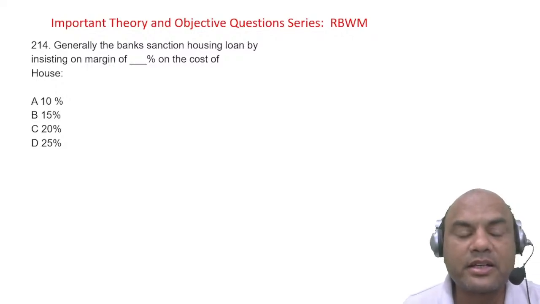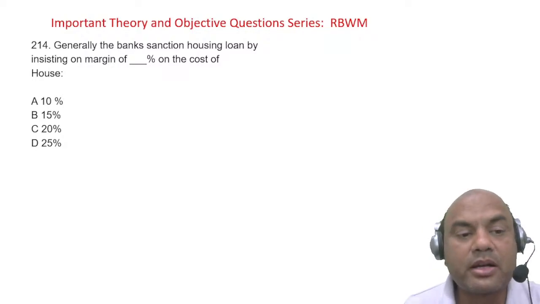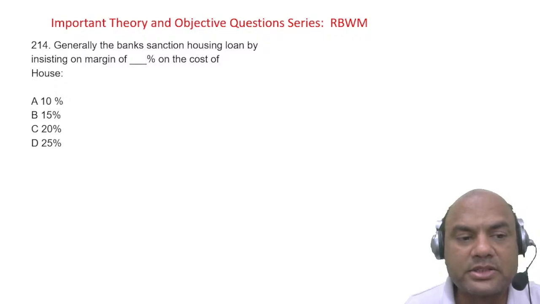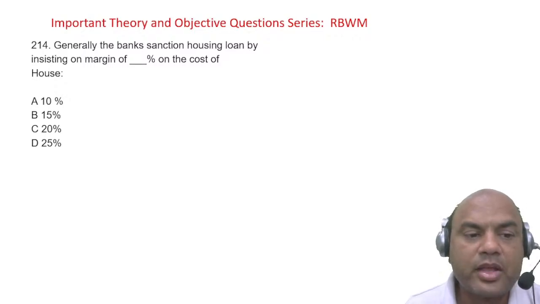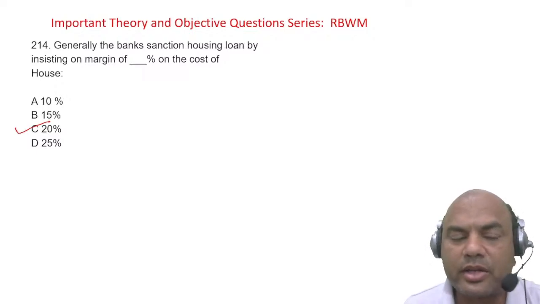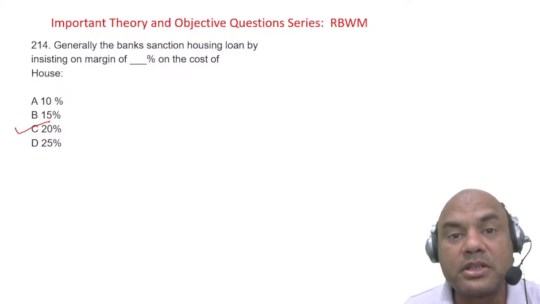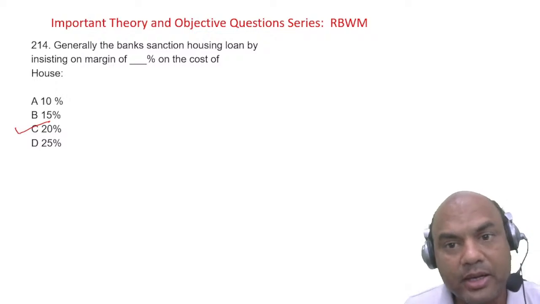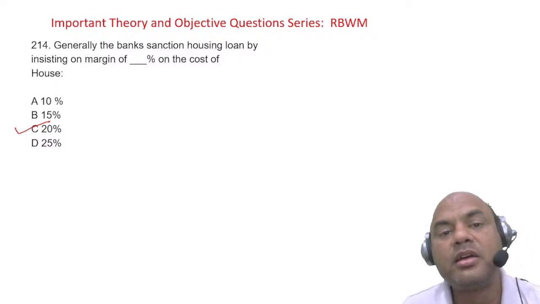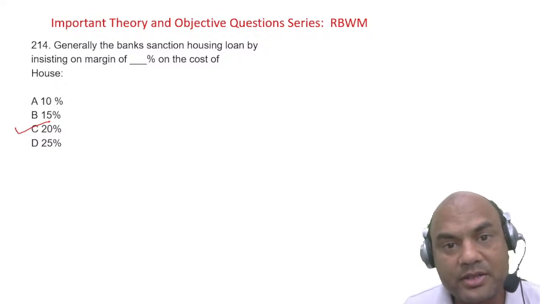Maximum generally the sanction is 90% loan. But the trend which is followed is 20%, means 15 to 20. So maximum you can take it as 20%. So maximum what the bank charges is 20. Now it depends on bank to bank. Some bank might give the loan for 50%. But will the customer go to that bank? That's a separate question, isn't it?